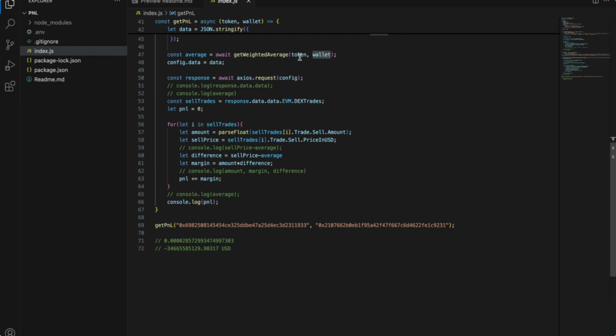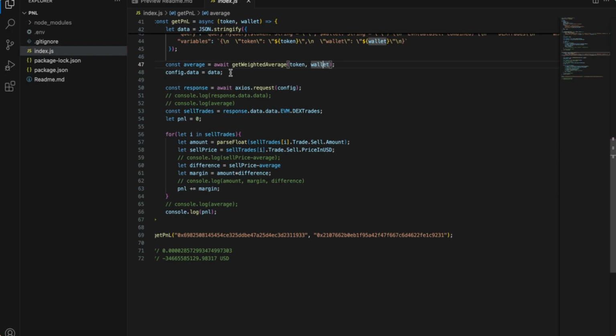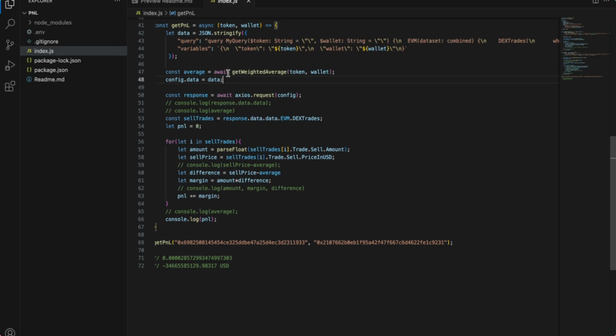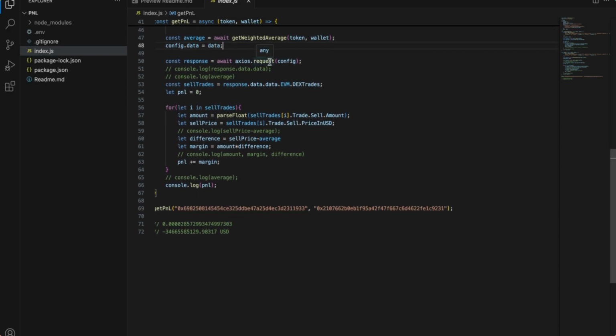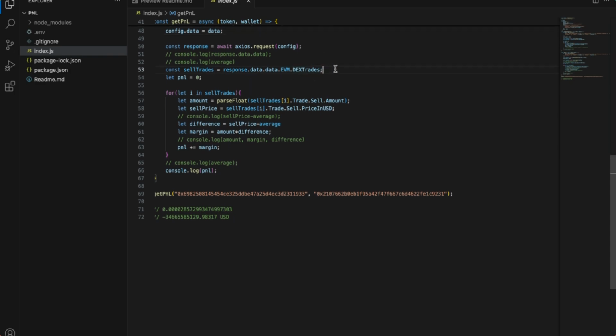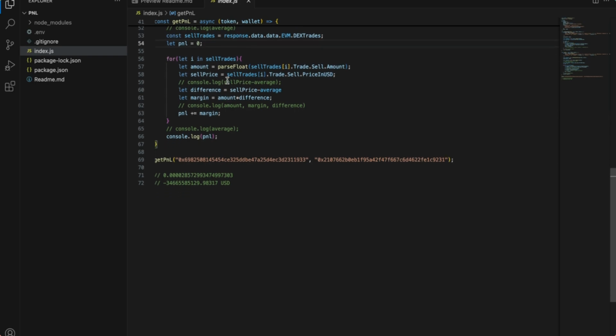So we'll calculate the average for the token and wallet. Then we'll update the config.data as the data. Then we'll get the response and the sell trades array. Now we have declared a variable called PNL with initial value as 0,